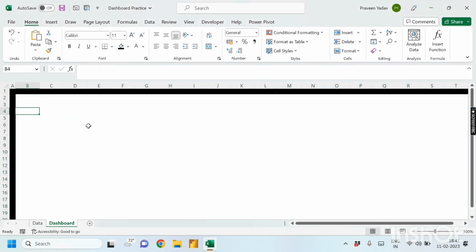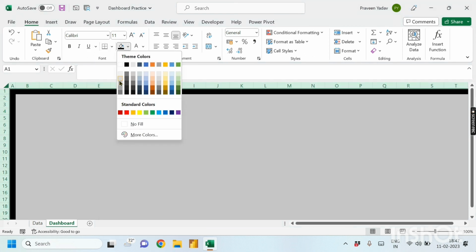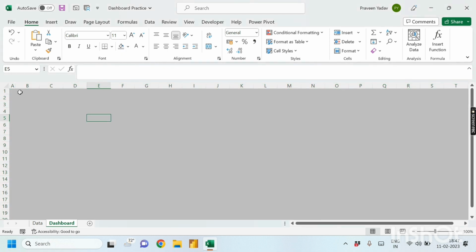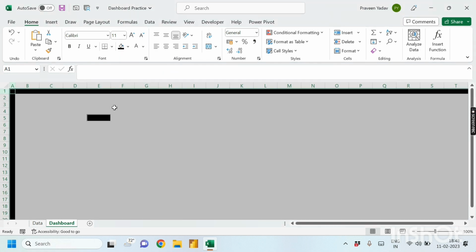You can use any color you want, that's your wish. I just use some light color in the background. Okay, yep, it's done. So I'll give some space on the upper side so that we can give a title,